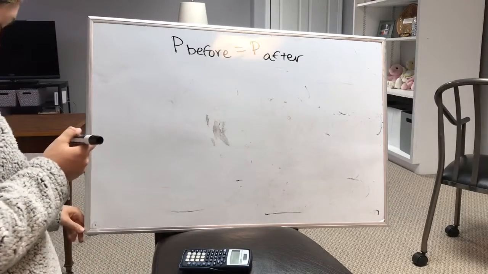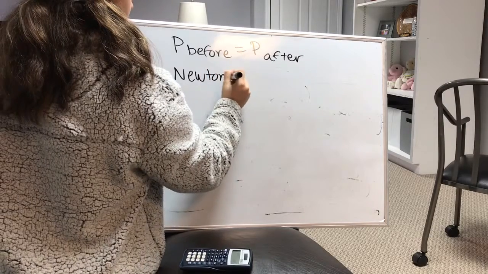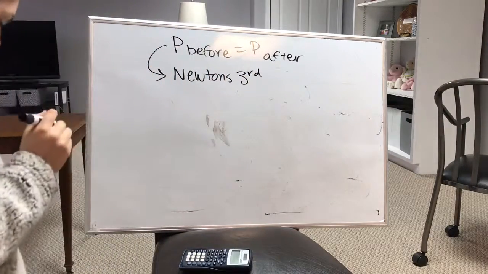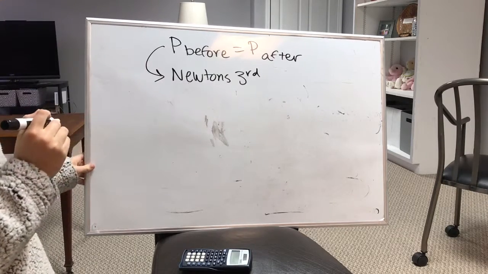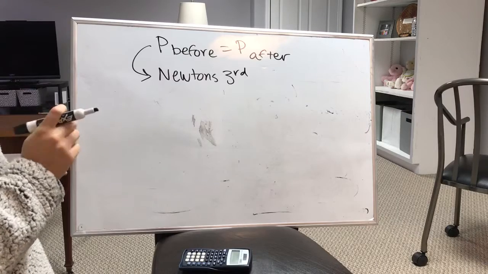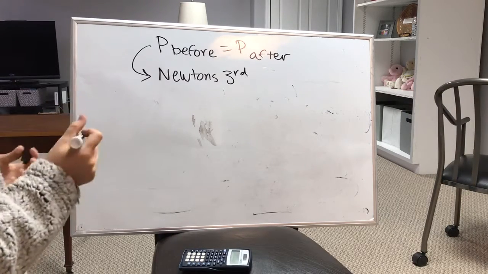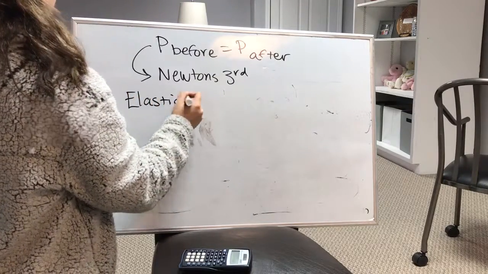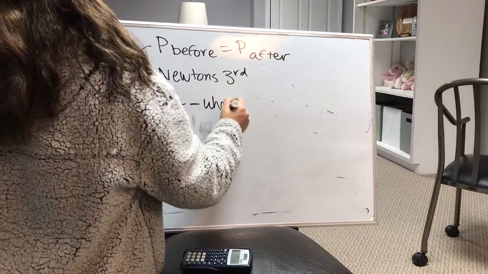Conservation can come from the idea of Newton's third law, which states that for every action force there is an equal and opposite reaction force. An example of this type of collision is an elastic collision. An elastic collision states that when two objects collide,